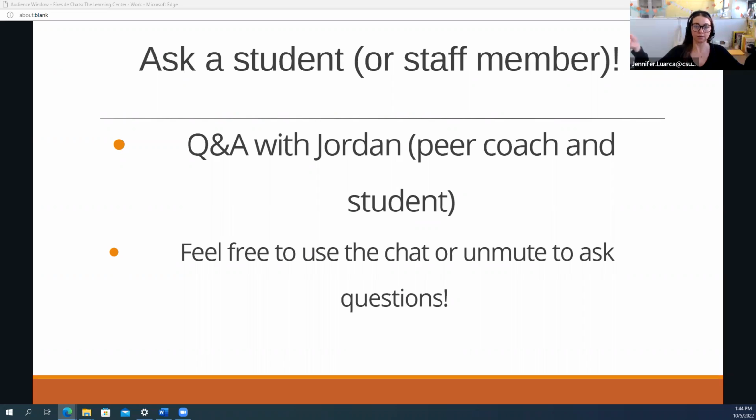Our building in and of itself that we're in has several study locations. So up towards the front of the building, they have a lot of study stalls. Downstairs, they have private study spaces, and upstairs, we have kind of a big open conference room that they can use. But our coaches are also really well versed in where to study on campus. So if they want to book an appointment to explore those options, our coaches can walk them through where to go and what's available and if they need a reservation or not for those spaces.